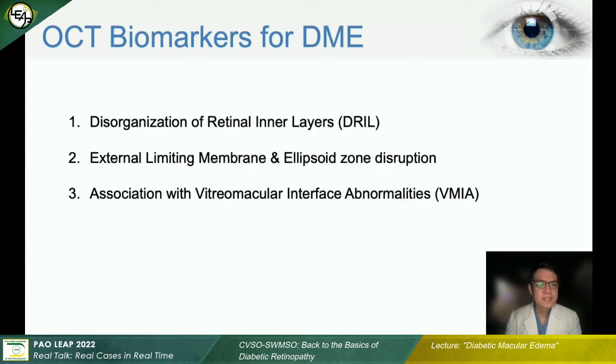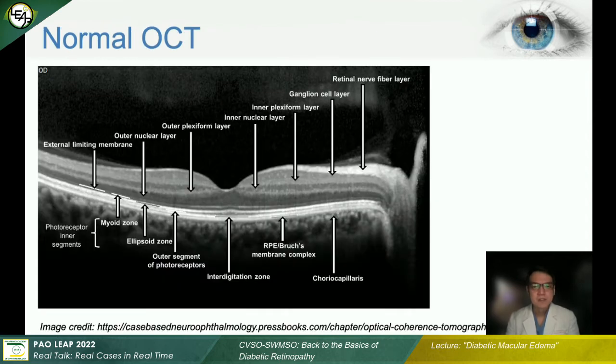Let us now go to OCT biomarkers for DME. Diabetic macular edema's different OCT features have been associated with disparate prognostic outcomes and treatment responses. These biomarkers are as follows: the disorganization of the retinal inner layers or DRIL, external limiting membrane and ellipsoid zone disruption, and the association with vitreomacular interface abnormalities. But before we move to the OCT biomarkers, it is important to revisit what a normal OCT looks like in